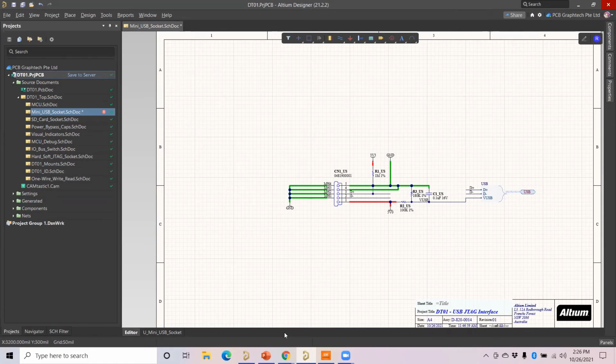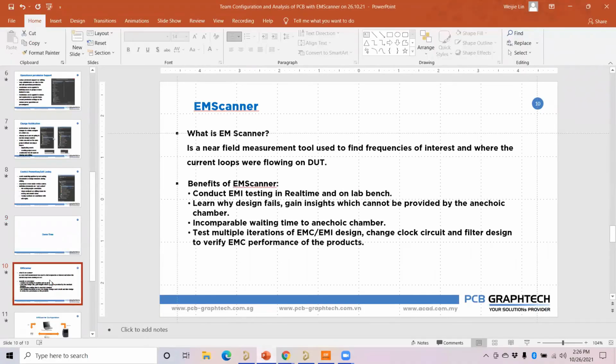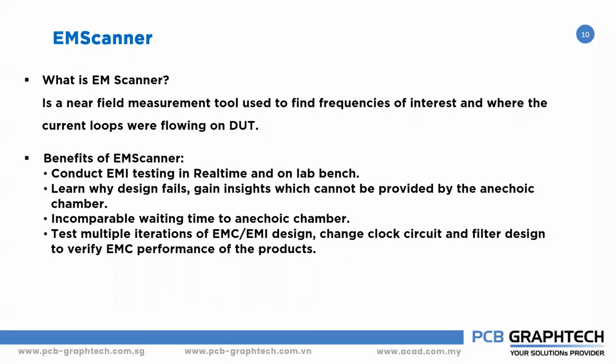Next, I want to show you one more feature, based on my EM scanner. This EM scanner is a near field measurement tool. Why I bring this interface of the EM scanner is to show how to link Altium Designer to it. The EM scanner is a hardware setup which is mainly used to find the frequencies of interest and the current loops in my PCB design layout. It is a scanning device, a high frequency scanner, used to determine and pinpoint the